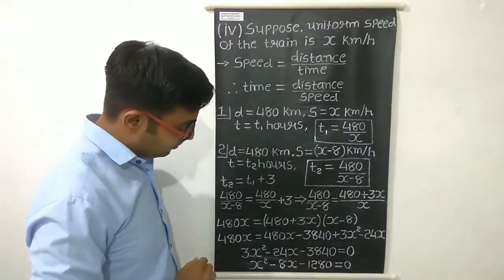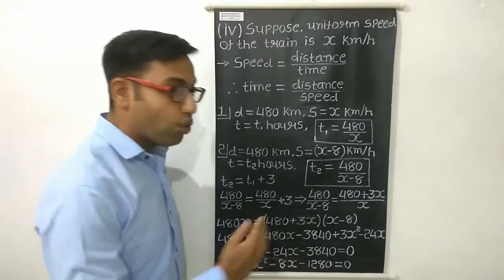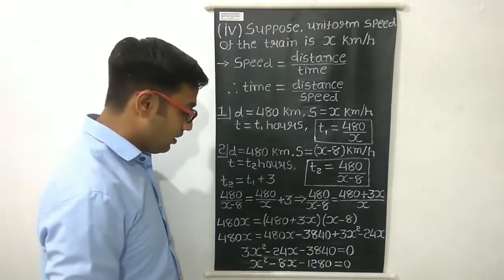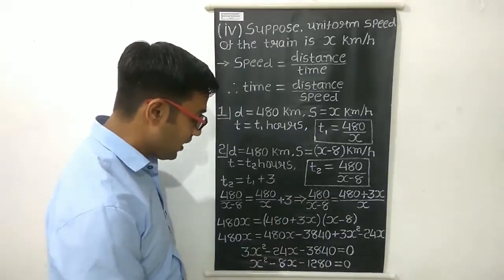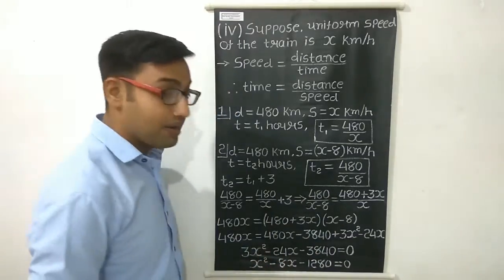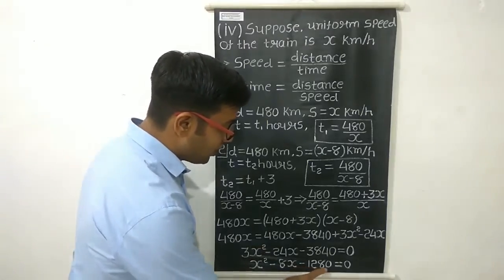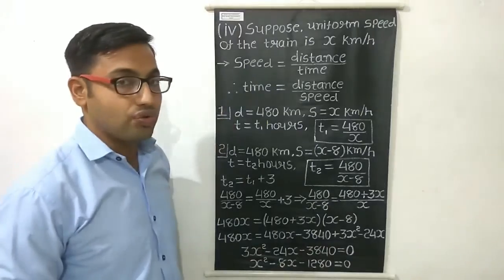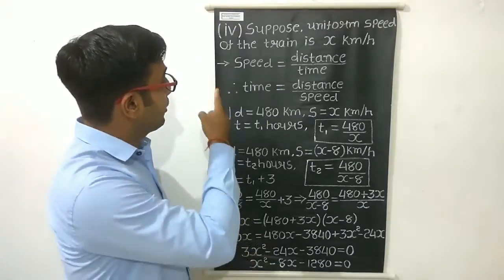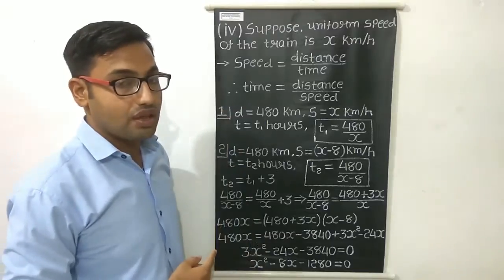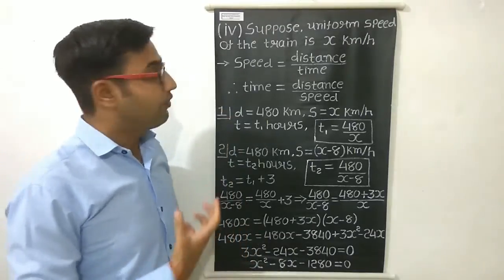Right, now we can notice that 3 is common in all the three terms. So by taking 3 as common, here it will remain x square, here it will remain minus 8x, and here it will remain minus 1280 is equal to 0. So this is the quadratic equation for question number 4. So in this way, we can form the quadratic equation for any given